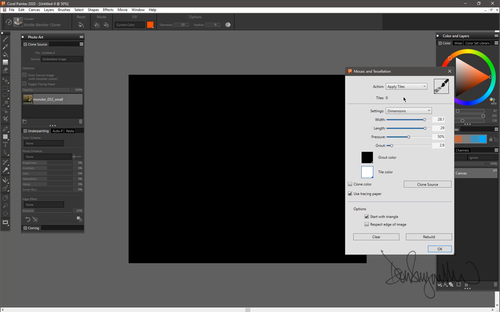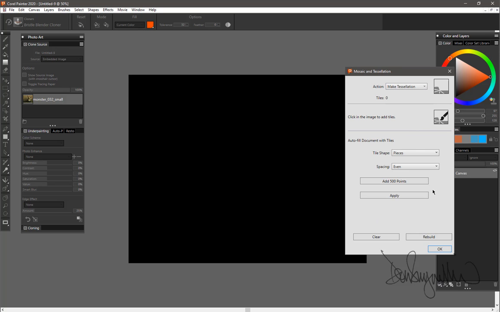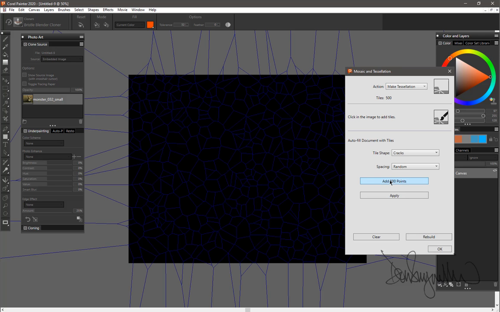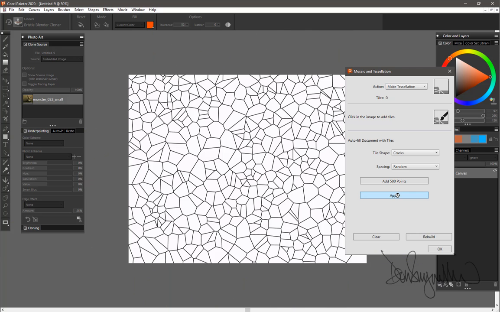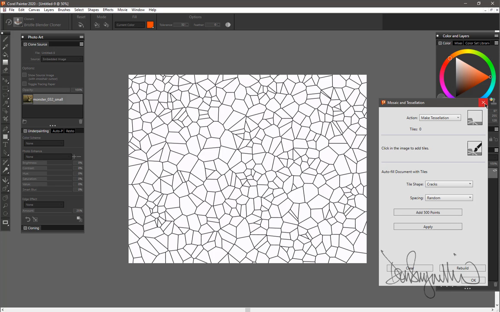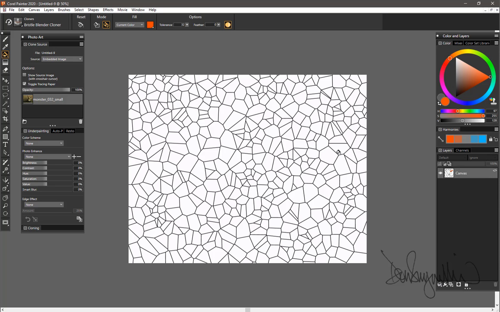Close it, and I'm going to go up under here again. And I think I'm just going to use the cracks. I'm going to use random. I'm just going to do the add 500 points and then apply it. And so there I've got a really, you know, pretty good kind of cracked mud texture. And it doesn't tile,